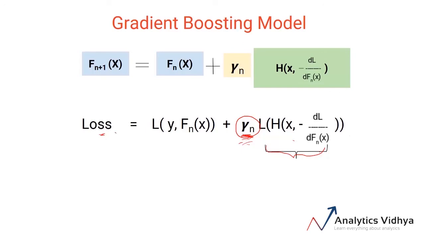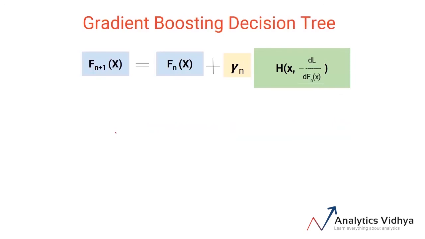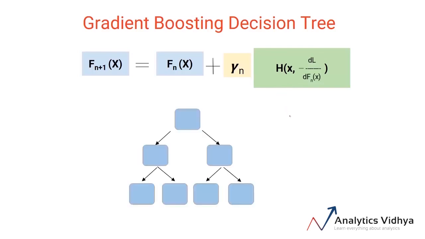Now we'll be focusing on a special case of the gradient boosting model, which is gradient boosting decision trees, or GBDT. In this case, each of the models we build, like each of these h(x), would be a tree. So here's the interesting part about GBDT. The gamma value in this case is calculated at every leaf level and not at the overall model level. So you can imagine it would be something like shown on the screen. Each leaf of the tree would have a gamma value. And that's how gradient boosting decision trees work.